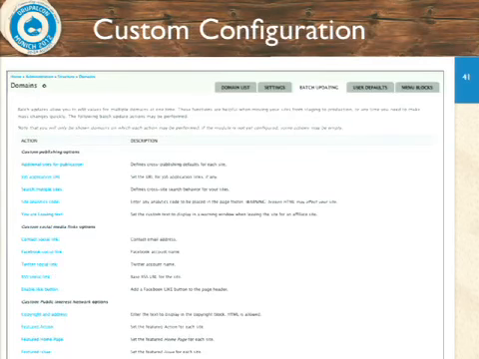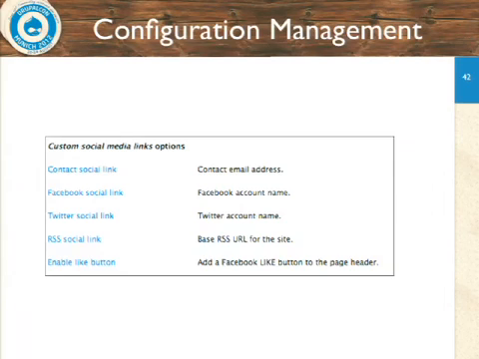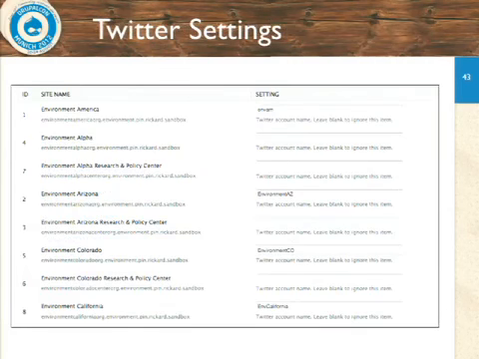And so I was going to zoom in on one of these. They have social media links on their site. And so every one of the sites in the network can declare their own Facebook page, and they can declare their own Twitter page. We literally take them to a page that lets them enter them. And the way the theme is designed, the way things are set up, if they don't have a Twitter account, it just doesn't show up. We just hide it, right? But this is the kind of, when I talk about settings overrides, this is exactly what I'm talking about.